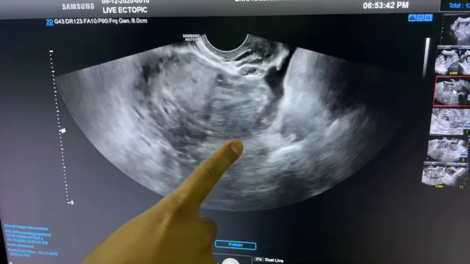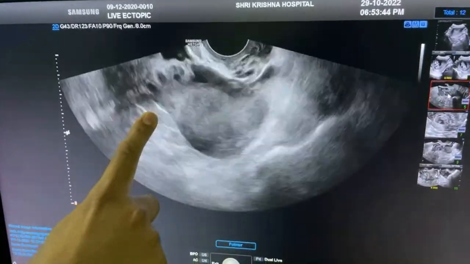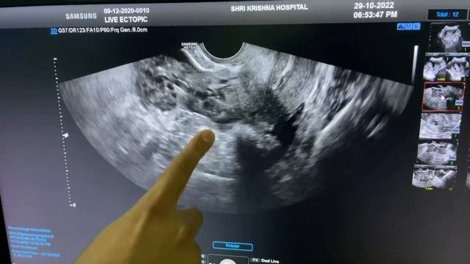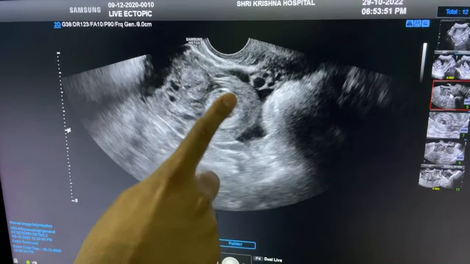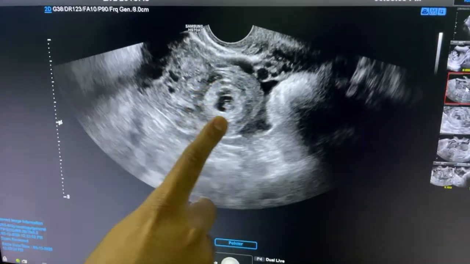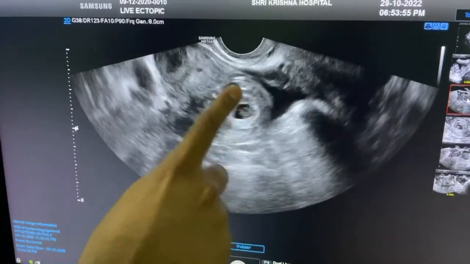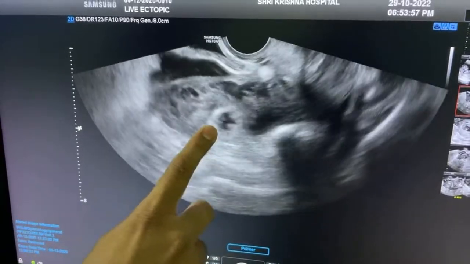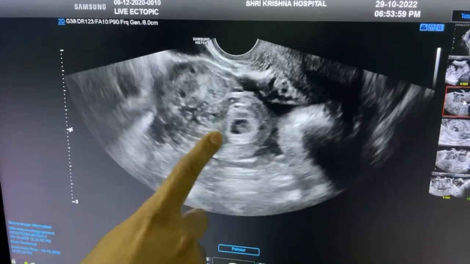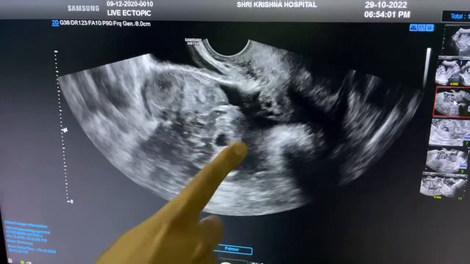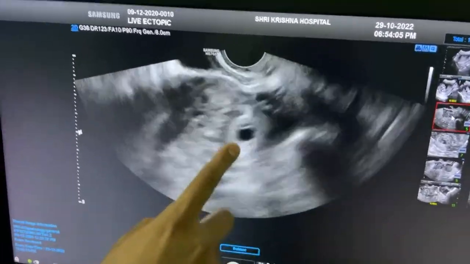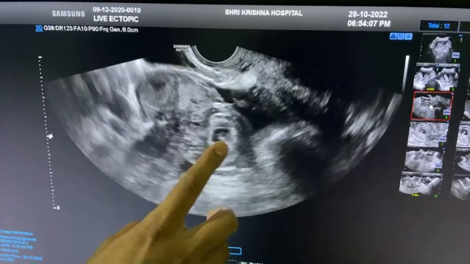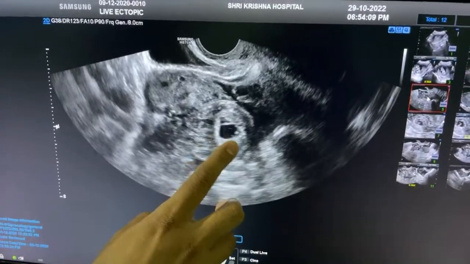Now I am going to the adnexa. See, in the adnexa, free fluid I am seeing. Again, try to see each and everything. It is more echogenic. Tubal mass more echogenic. See this again, more echogenic. So what is the formula? The rim will be more echogenic. See this, yes, more echogenic. Fetal pole is there, you can see.